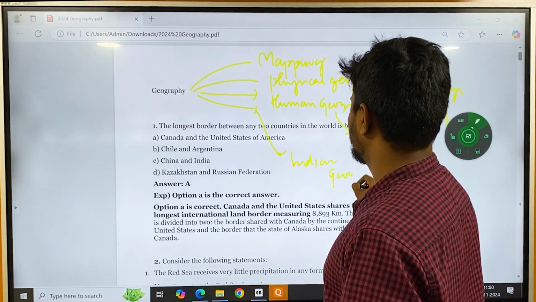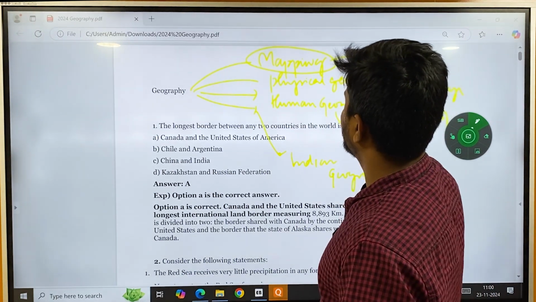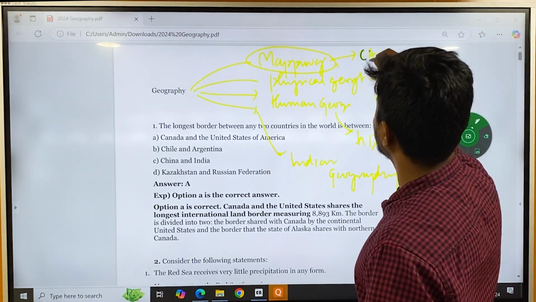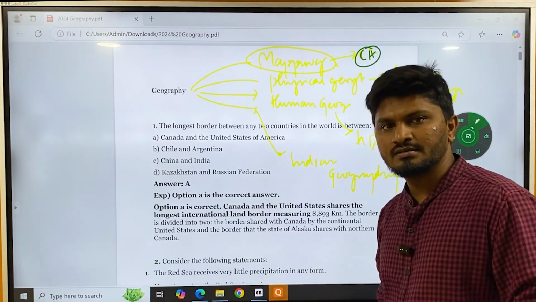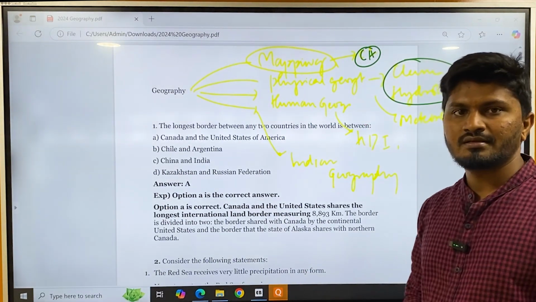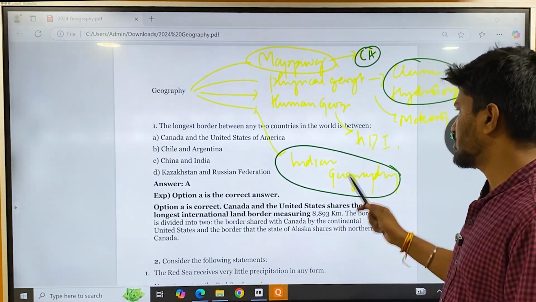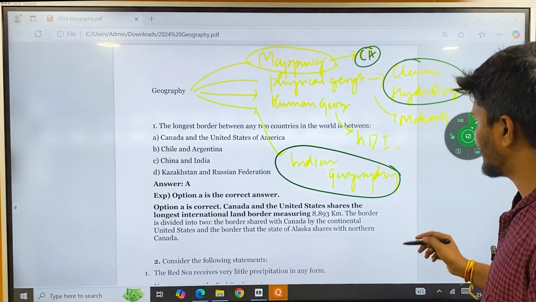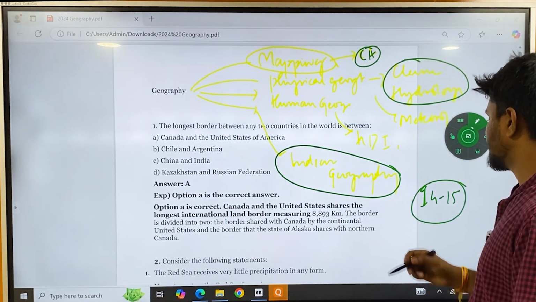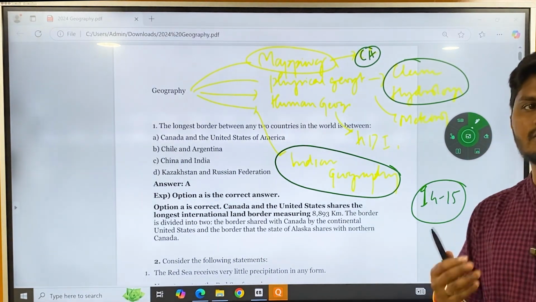Here more emphasis is given to mapping. It will be mostly from current affairs based issues. Within mapping, more questions will be from current affairs, and next, more importance is given to climatology and other things, that is physical geography, and there will be questions on Indian geography also. In last year's question paper there were around 14 to 15 geography questions, which is the highest in recent 3-4 years. So that is why the UPSC is now rolling back to geography again.